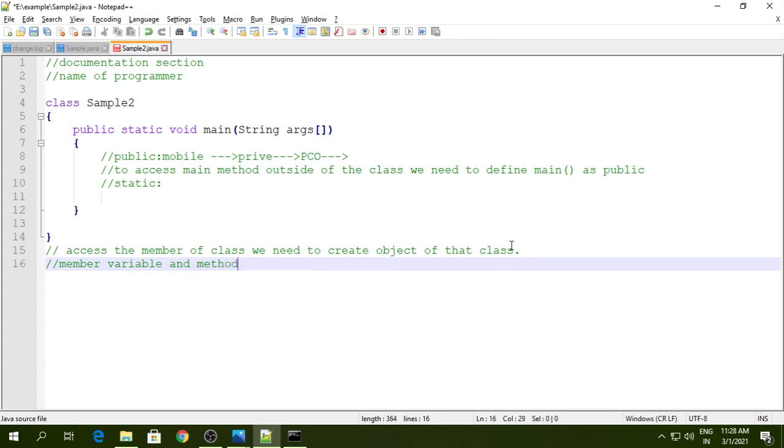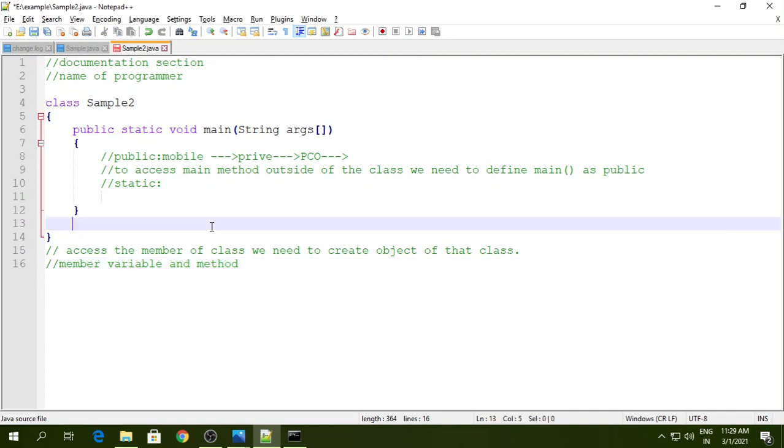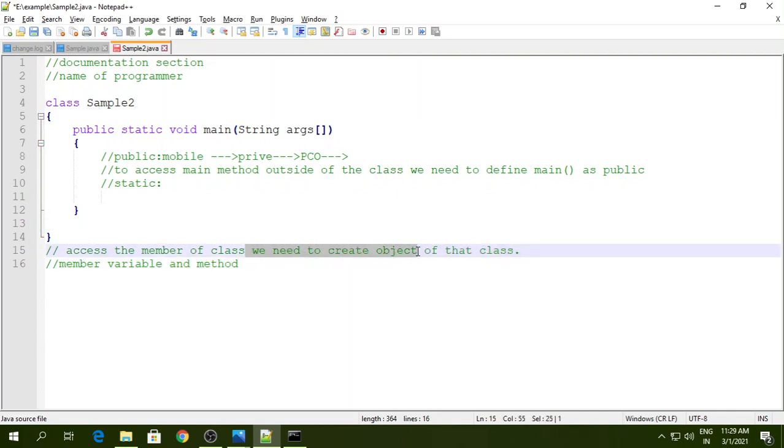So your class has two members: the member variables, which are declared inside the class, and the methods written inside the class. Whenever you want to access the members of this class, we need to create an object of that class. We cannot access the members of the class without the object of that class.